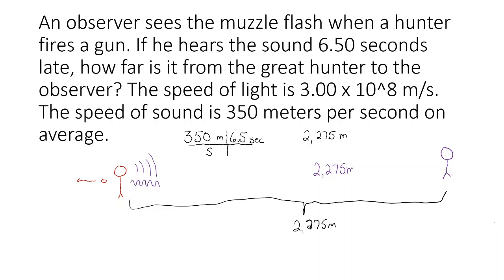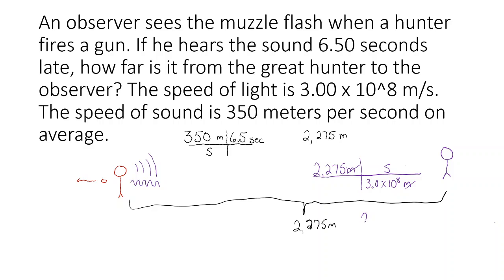So if we have 2,275 meters, and light travels at 3 times 10 to the 8th meters per second. Do you see how I just took that formula unit and I took a reciprocal of it? So now my meters cancel, and the only thing that's left is seconds. So I'll take my 2,275,